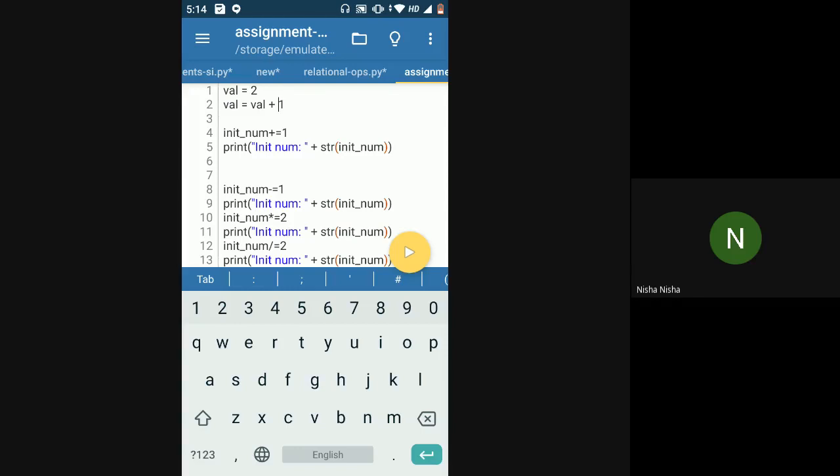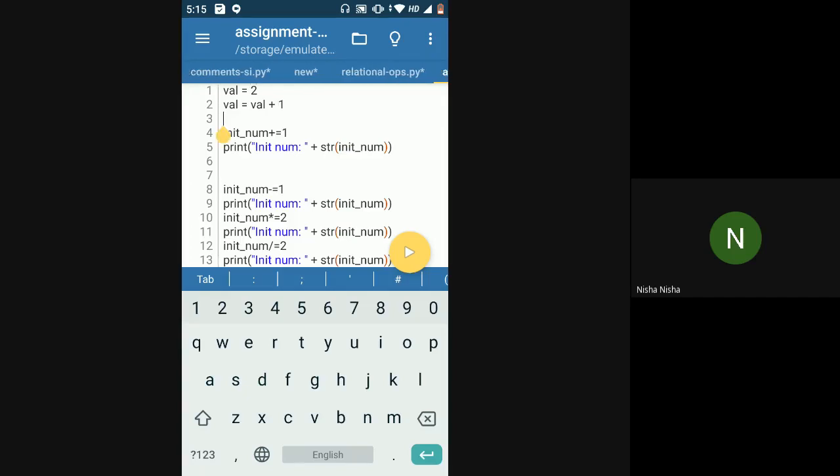When I declared val is equal to 2, one box was assigned to my variable whose name is val, and the value 2 is present inside that box. Now I want to add 1 to whatever value is currently present inside the val variable, and store it inside the same val variable again.